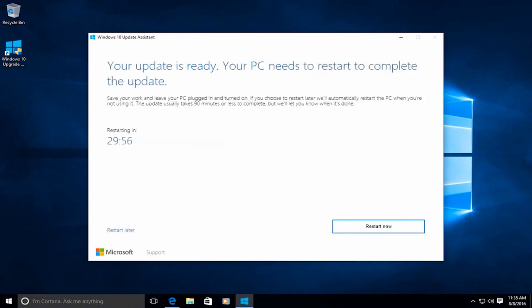Okay, so now that the process of upgrading my computer finished, it says that the PC needs to restart in order for the update to complete. It's going to restart in half an hour. You can schedule to restart later if you want, or you can restart now. So I'm going to